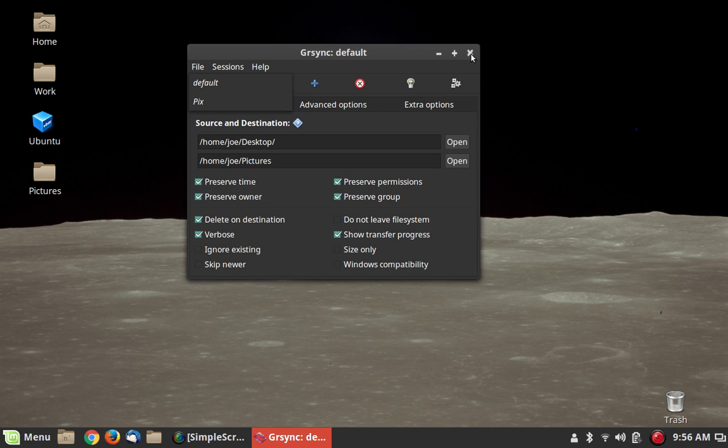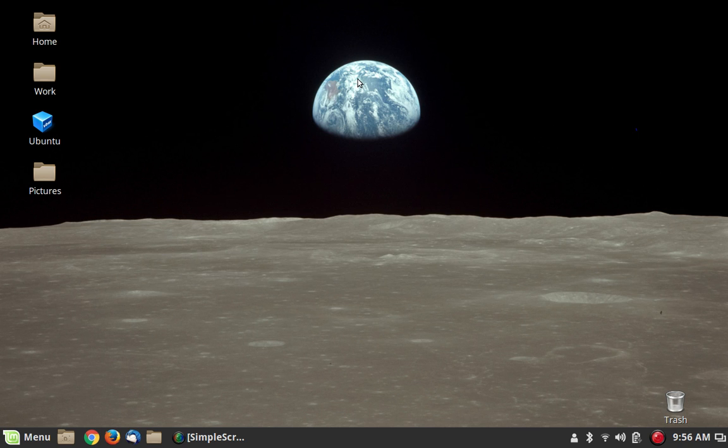So that's Grsync, and this is actually the tool that I use to create backups. I don't use any kind of backup software. I just use Grsync with the right commands in it, and then I plug in an external drive, bam, run Grsync, and it backs up the entire system. Once you do it once, because it will do it incrementally, it won't replace what's already there as long as it hasn't been changed. A backup takes 2 or 3 minutes. So there you go. Those are my top 5 favorite